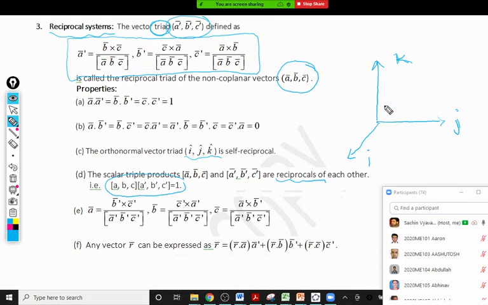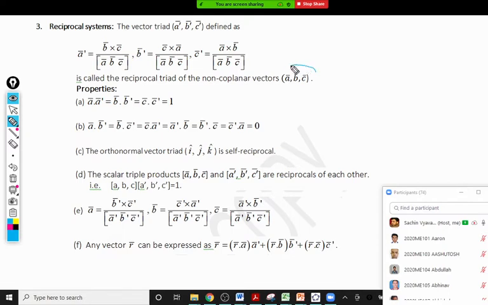So what about the triad? First of all, they are non-coplanar. You will observe that the three vectors i, j, k are non-coplanar, because i and j are only in the xy plane, lying in the same plane. A set of two vectors is always coplanar, because a unique plane can pass through two given vectors. The coplanar concept is mainly for three vectors, and i, j, k are not coplanar. The next thing, they are mutually perpendicular to each other. So i, j, k are a triad.